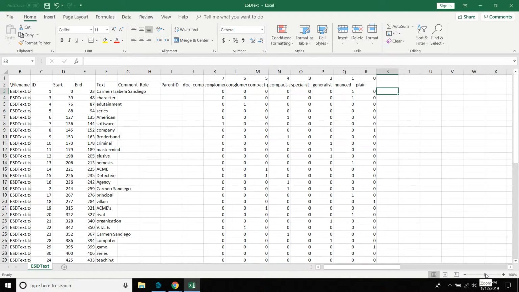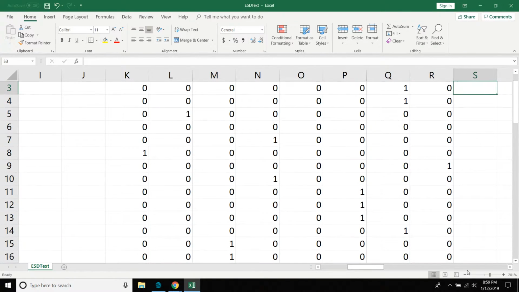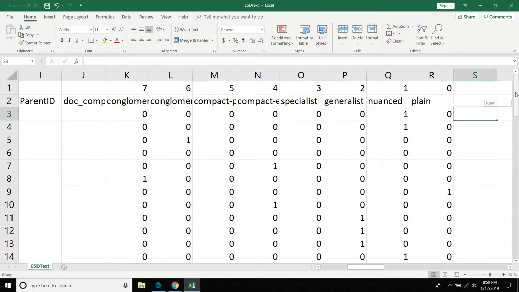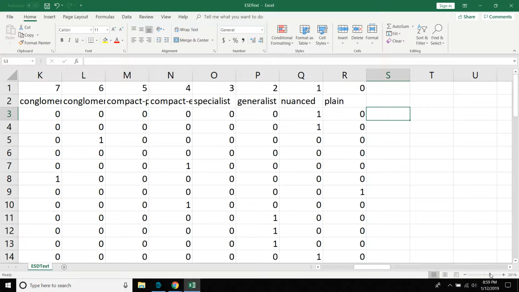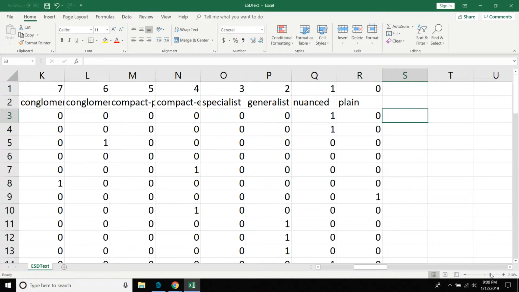I'm going to zoom in here. I'm going to put my if function in the T column because I want to reserve the S column for my x-axis data that I will add in a few minutes. So I'm going to start here with equals and then the if function,